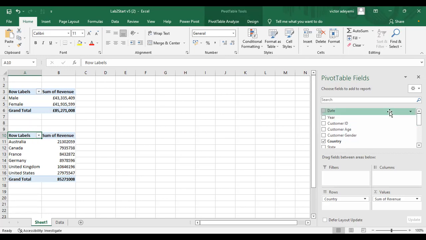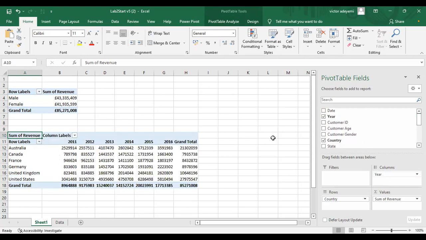So what other ways can we analyze our data? Okay, let us say, this is just showing countries and their revenue. You can also break it down into years, right? So let us say you bring here the